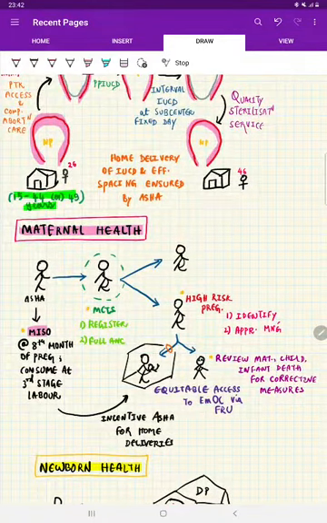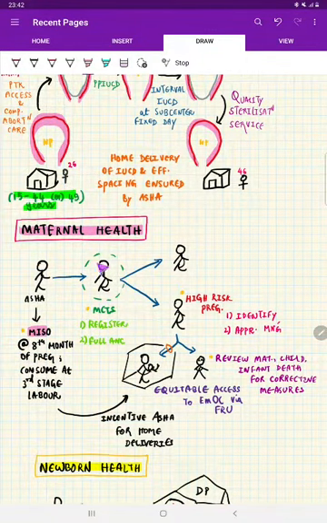So maternal health, basically there's a woman who's going to get pregnant and she's going to come to the hospital, and after that she will be taken care of by the ASHA worker. Now from there, she's pregnant. Her pregnancy may be a normal pregnancy or it may be a high risk pregnancy, and she may be delivering with or without complication, we don't know. Now, having this in mind, let us see where all we can intervene.